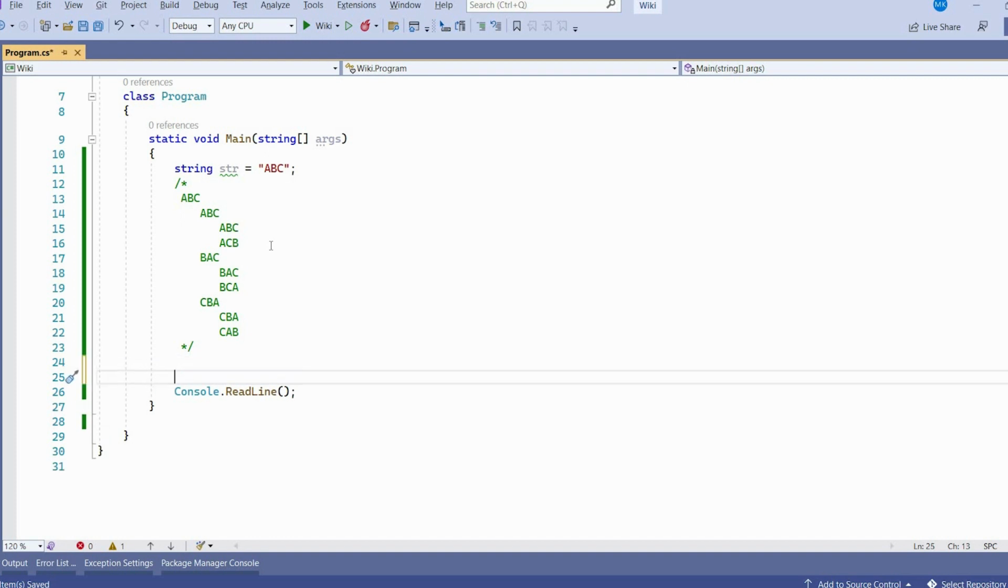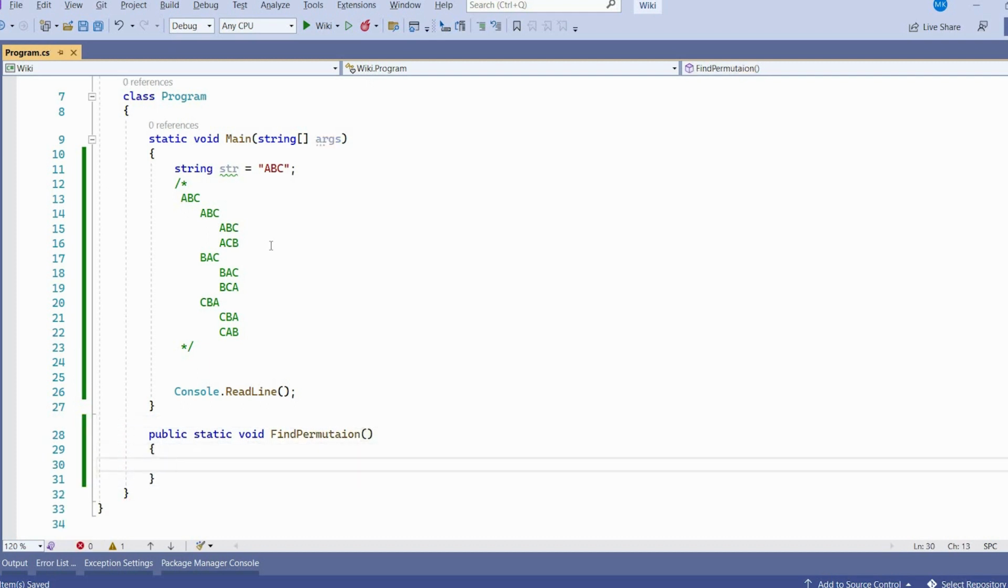So in this, obviously we need a recursion. So I'll create a method, public static void findPermutation, and in this I'll take a string parameter as input, and the position, means left and right position of our string to find permutation, because in the third attempt we showed here that only B and C is swapped. So int left, int right,